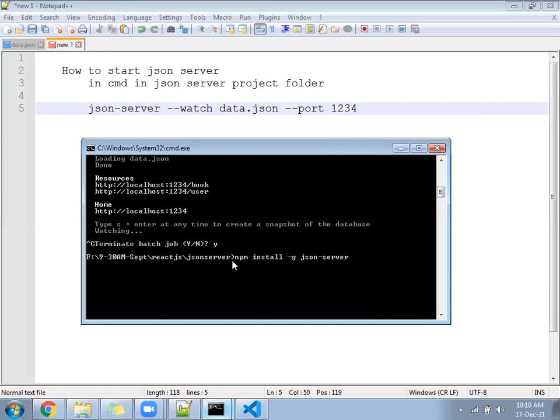At the end, I have given the command also. These are all the commands. npm install -g json-server. Please run this command. npm install json-server you need to run first. If that says successful, then you need to run the second command that we have written today.